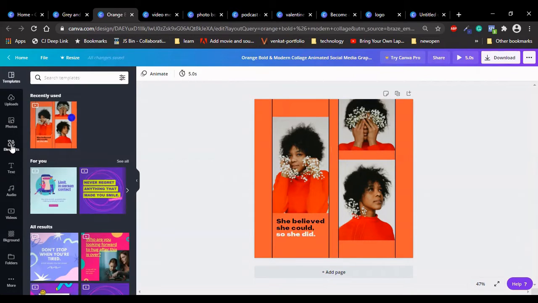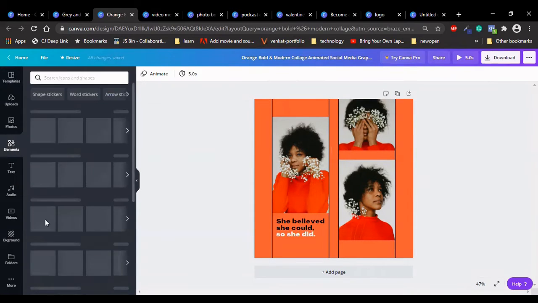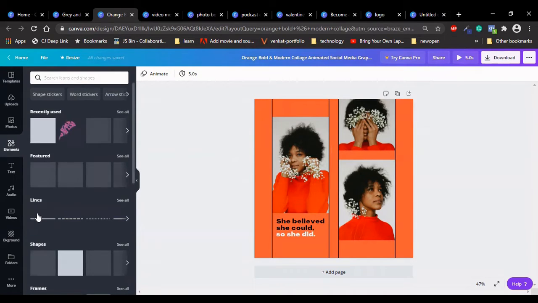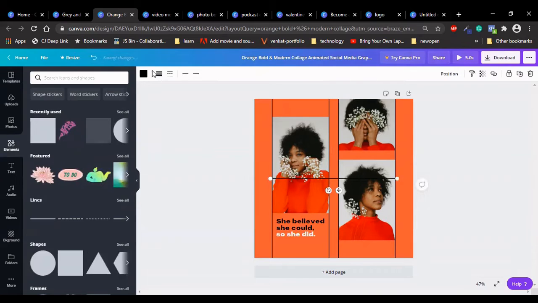If you go to this element and drag on a line, from the lines, if you like to add, there are updates like weight. You can change the weight of the line, and you can change the style of the line, and also line start and line end. Weight can be changed here, like we can move around and change the line weight. See how the line has been updating here.